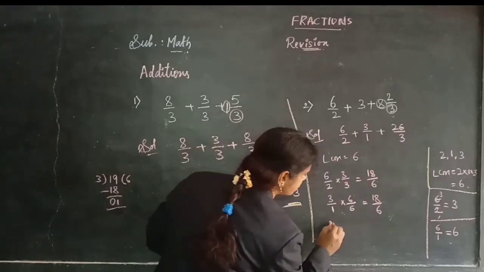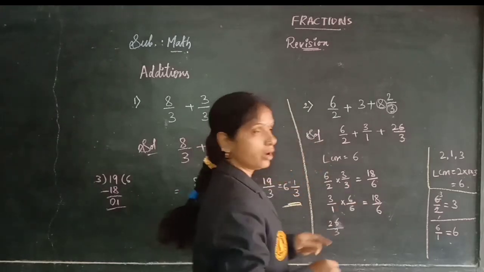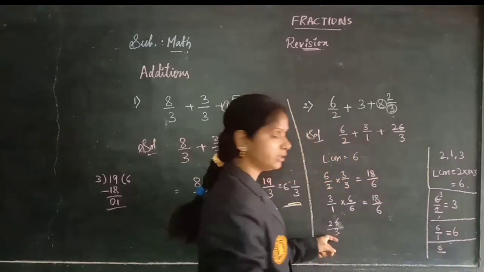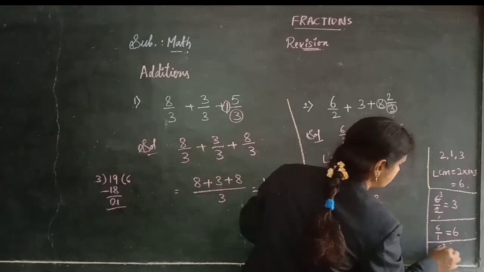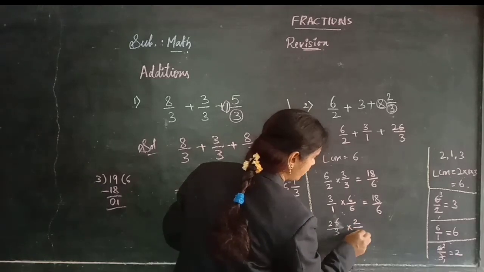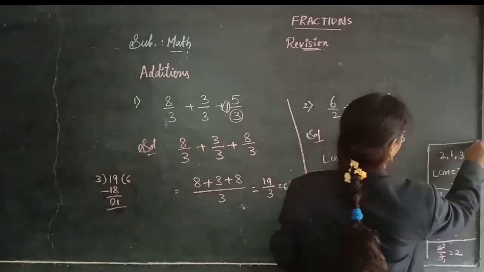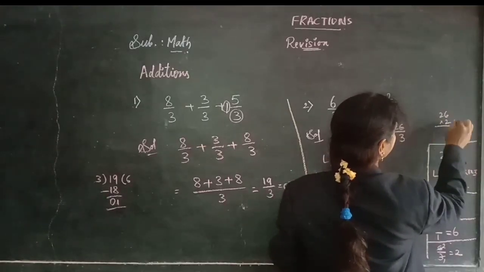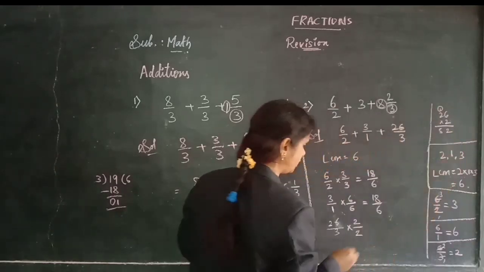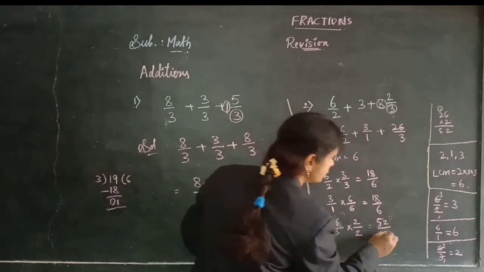Let's bring down the third fraction, 26 by 3. Now again you divide the LCM number 6 by the third fraction denominator, which is 3. Now 3 ones are 3, 3 twos are 6. We got 2 as the answer, children. Now with that 2 you need to multiply the numerator and denominator of the third fraction. Now 26 into 2. Here I am multiplying, children. 2 sixes are 12, 2 twos are 4 plus 1 is 5. So 52 I am getting here. 52 by 3 twos are 6.